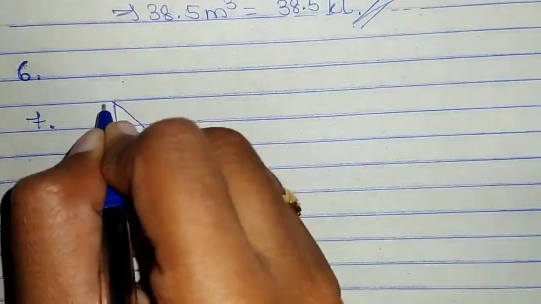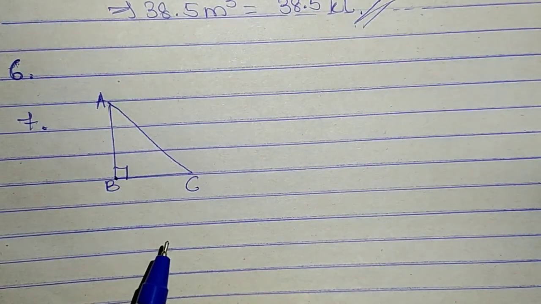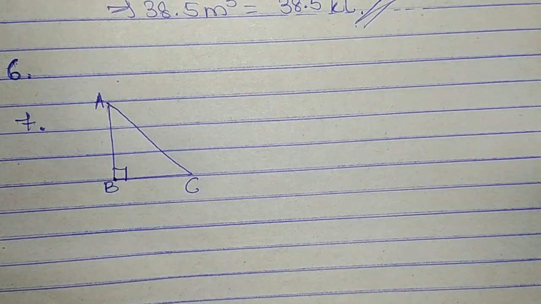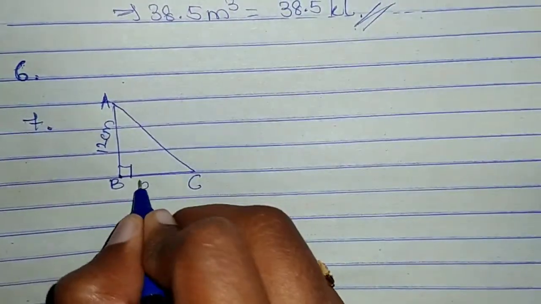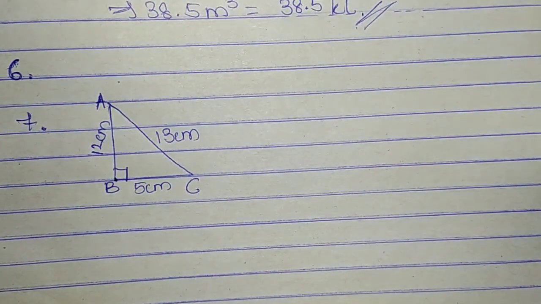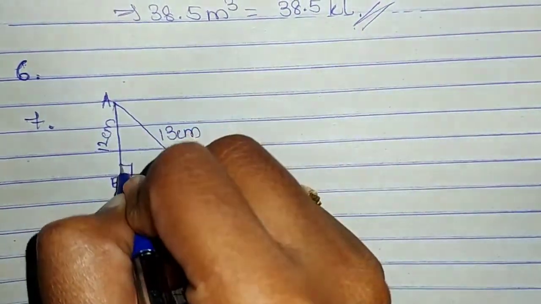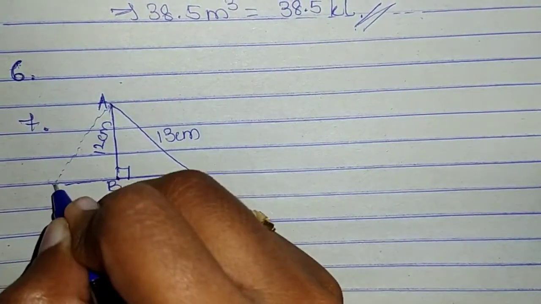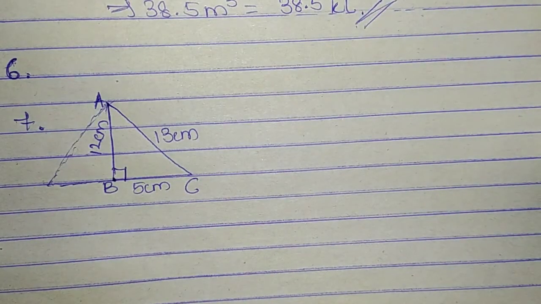This is a right angled triangle ABC with sides 5 centimeter, 12 centimeter and 13 centimeter, which is revolved around the side 12 centimeter. So this is the side 12 centimeter, this is 5 centimeter, and obviously the longest side is the hypotenuse, which is 13 centimeter. So this triangle is revolved along this side. When you revolve a right angle triangle, what you get is a 3D figure, that is a cone. And our job here is to find the volume of this solid.